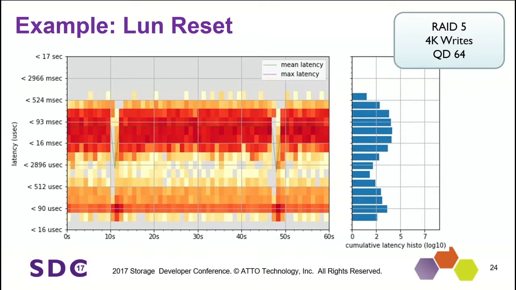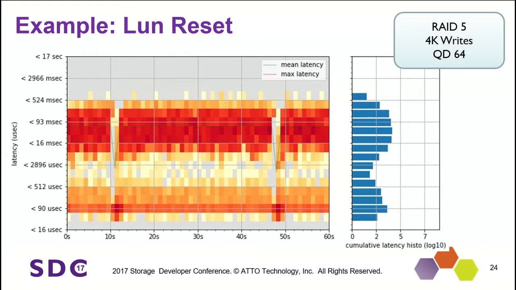Big band right here. But when the Lun Reset comes, there's just a big aggregation of early statuses that go back, again, because the cache is flushed. So the Lun Reset comes in, and what do we have to do? Well, we've got to abort everything that's outstanding and essentially clean up all of our cache.